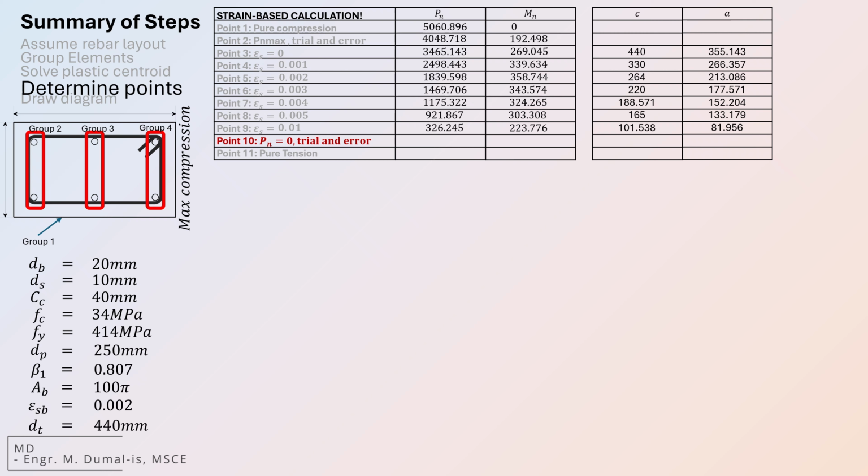We can now move on and compute the forces in point 10. So just like in point 2, we have a known value for Pn, but unlike point 2, where Pn is 80% of Pn1, the value of Pn in point 10 will be equal to 0. With that in mind, we will find the value of its pair Mn using trial and error approach or using Excel goal-seek setup. Now for point 10, I will only show the solution when using goal-seek,